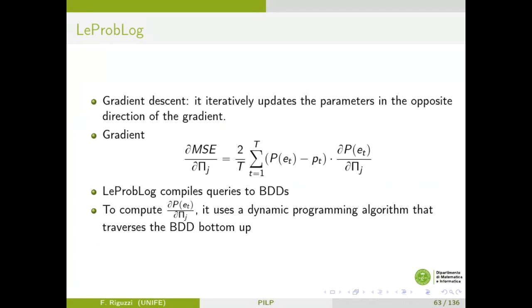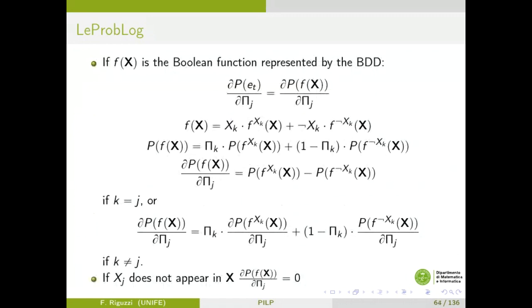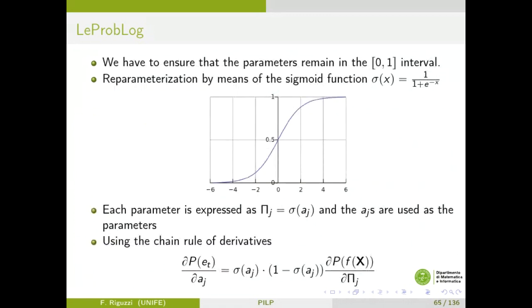So if you derive the mean squared error, you obtain this formula, and you have to compute the probability of the example with respect to each parameter. And LeProblog does it using the BDDs, again, with a dynamic programming algorithm that traverses the BDD twice, once bottom-up and once top-down. Okay, I won't go into the details of the computation of the gradient. There is one